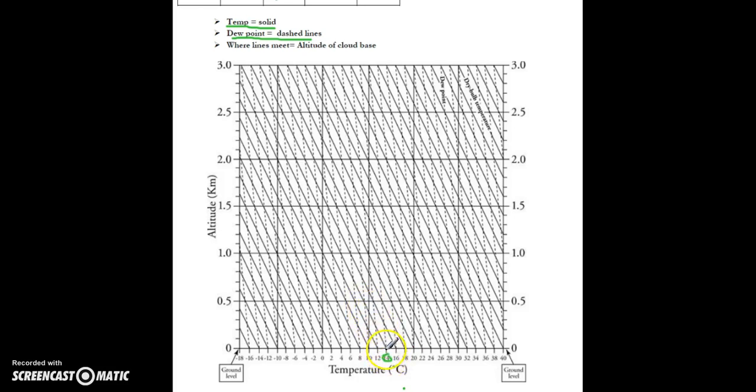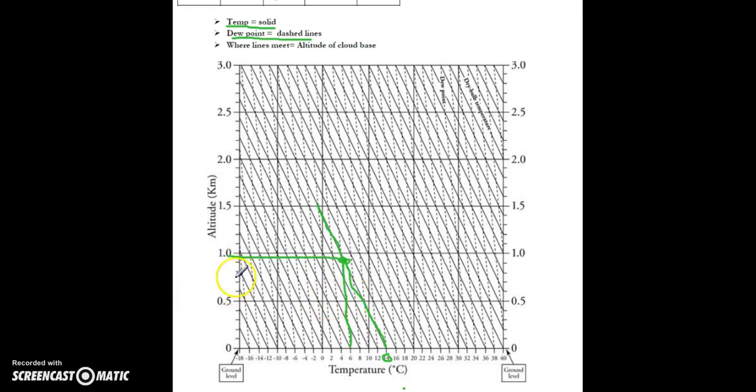So we want to follow the solid lines across, so I'll just follow this up. 14 was our line, and you could do it all the way up if you wanted to. And then our dew point is these dashed lines, and our dew point was 6. So what we're going to do is start at 6. We're going to follow the dashed line all the way up, and then wherever our two lines meet, which is right in this position, we're going to read over to either side,